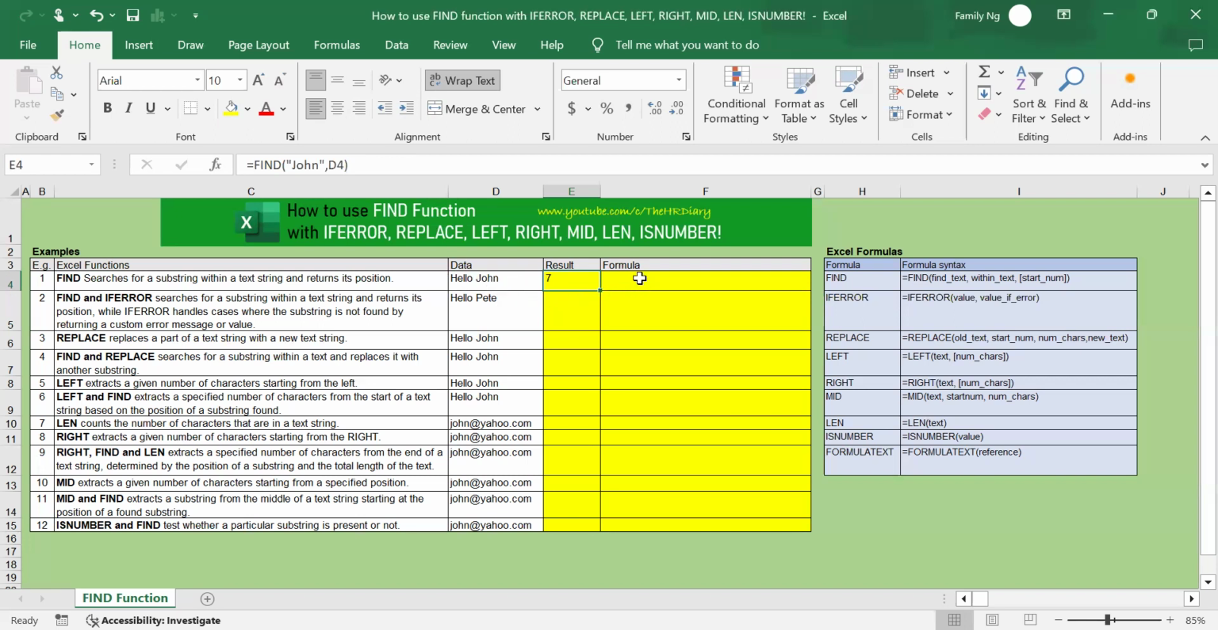Now I can drag the formula down to apply it to the cell below. The cell below returns an error value because it points to D5 and the formula wants to find John, but cell D5 does not contain John. So when it cannot find it, it returns an error value. Whereas this formula in D4, John is there, so it returns 7. This one, there isn't any